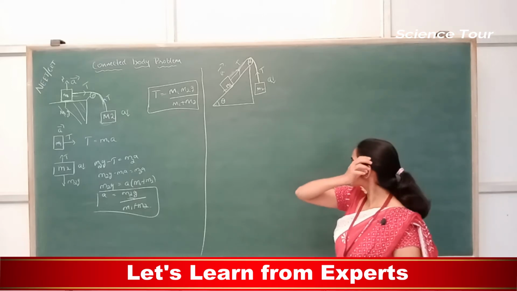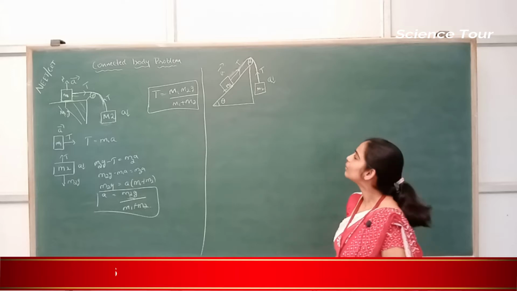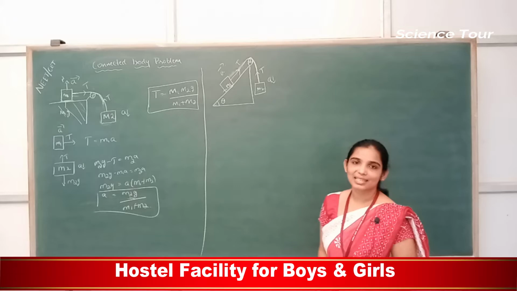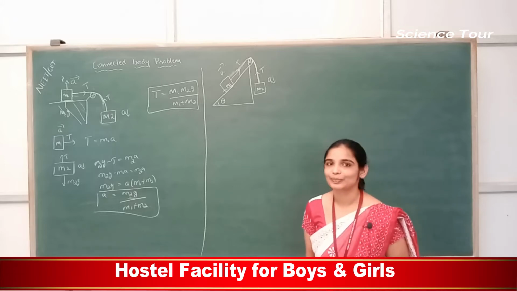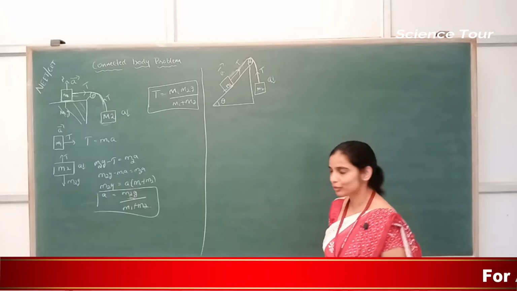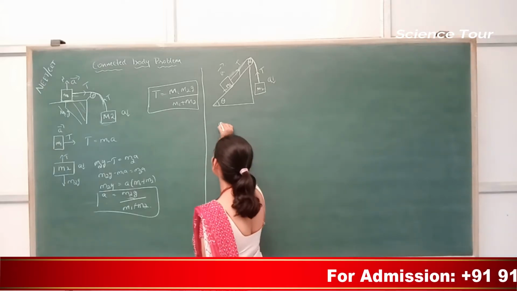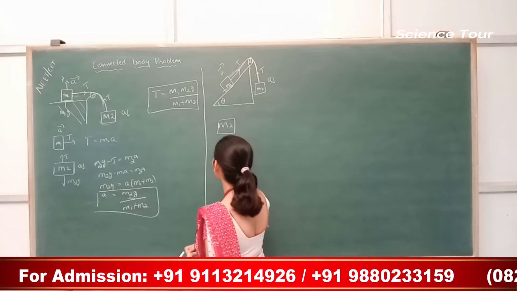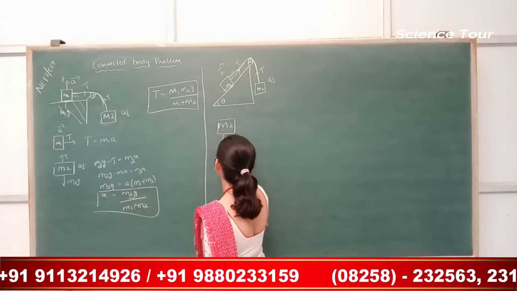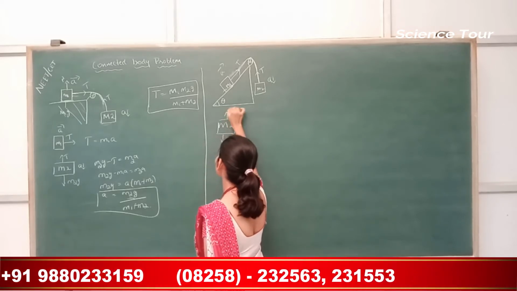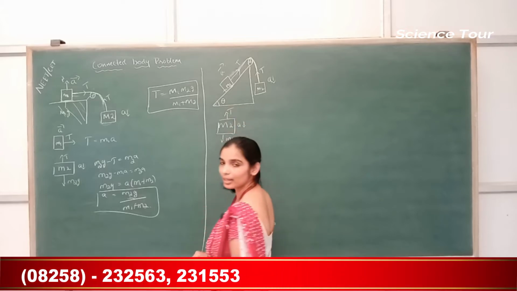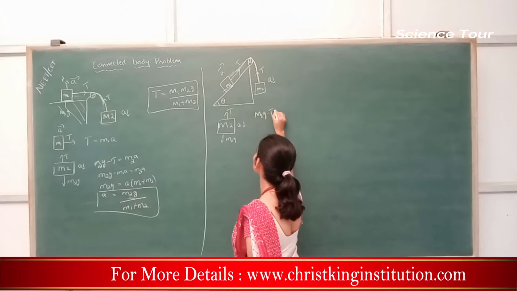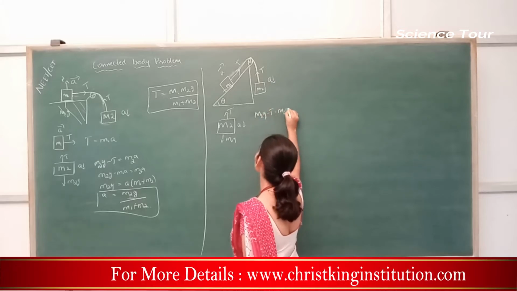If the acceleration is towards m2, m2 is greater in weight, correct? Now, what is the acceleration of this system? You have to draw the free body diagram. Let's start from m2. The forces acting on m2 are, one, the weight of m2 itself, m2 into g, and another one is tension. Acceleration is downward, therefore what will be the equation? m2 into g minus tension is equal to m2 into a.